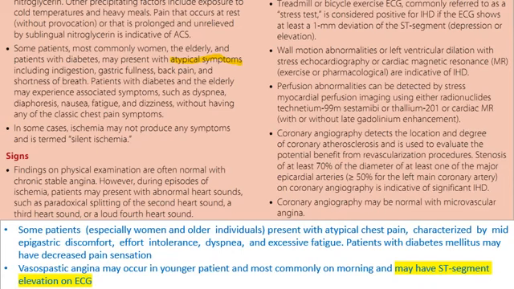In vasospastic angina, the problem may cause a symptom or sign on the ECG similar to the MI, which is ST segment elevation, and the chest pain occurs more commonly in the morning,